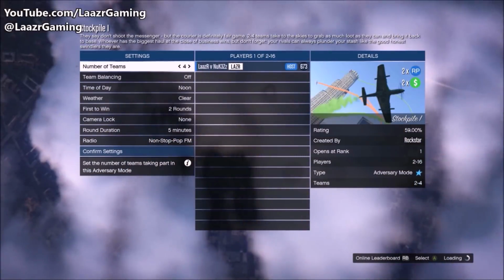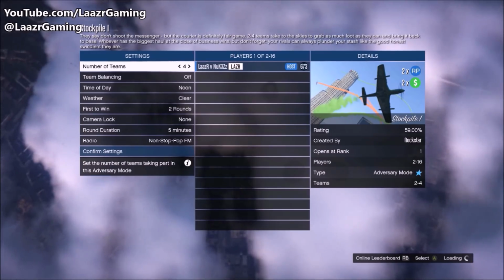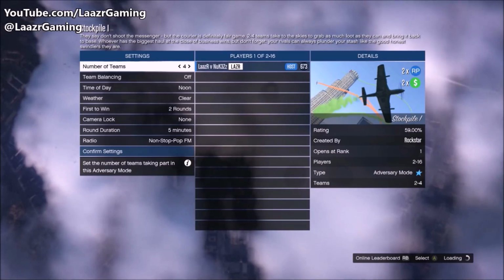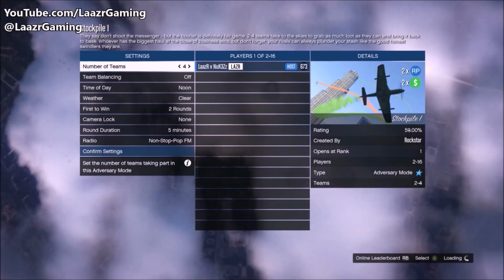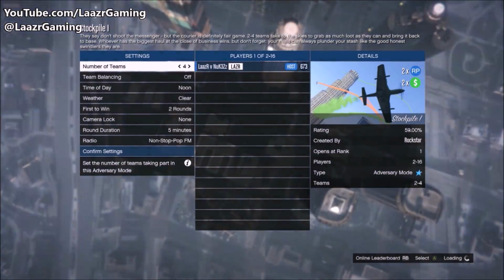First, when you guys are actually setting up this brand new adversary mode, you want to make sure that you've always put it on 2 teams. Now the reason you guys want to do 2 teams rather than 4 teams is because if you guys actually have 4 teams, it's going to break the payment down into 4 different places, and you guys just want to break the payment down into 2 different places, so the winner's payment and the loser's payment,